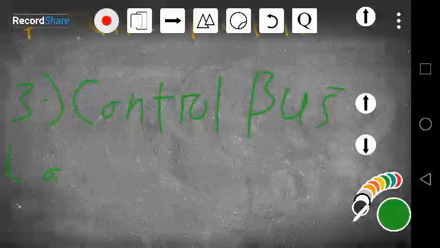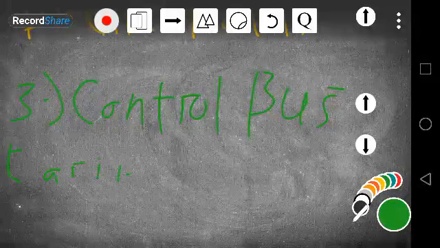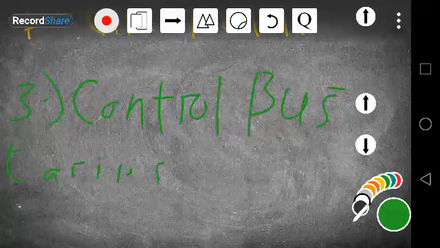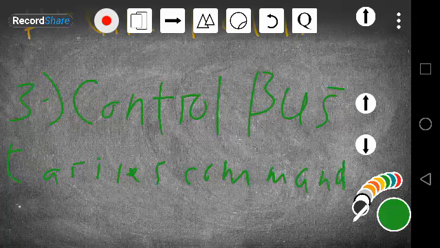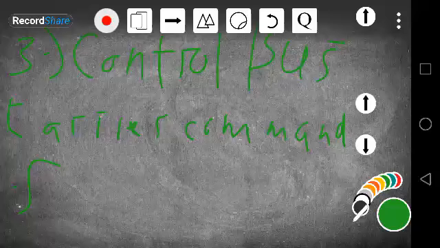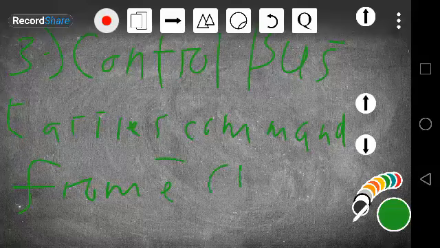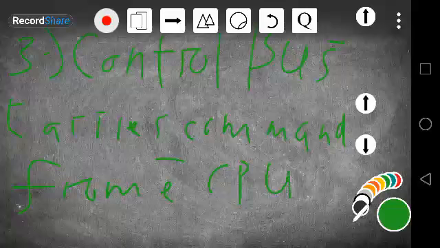Now, what's the function of the control bus? This one, it carries commands from the CPU and status messages